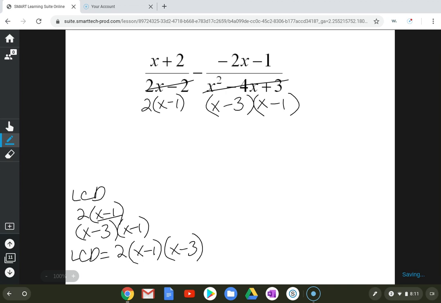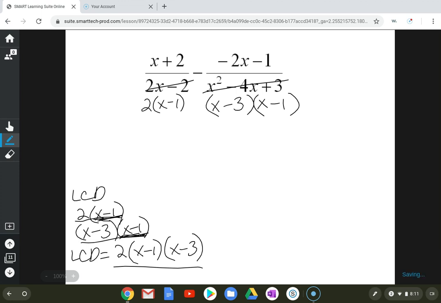Notice I don't list the x minus 1 twice. You just need it one time for both terms to be evenly divisible into this guy right here. As long as both denominators go into your LCD evenly, you're fine. So you do not need that x minus 1 to be squared,